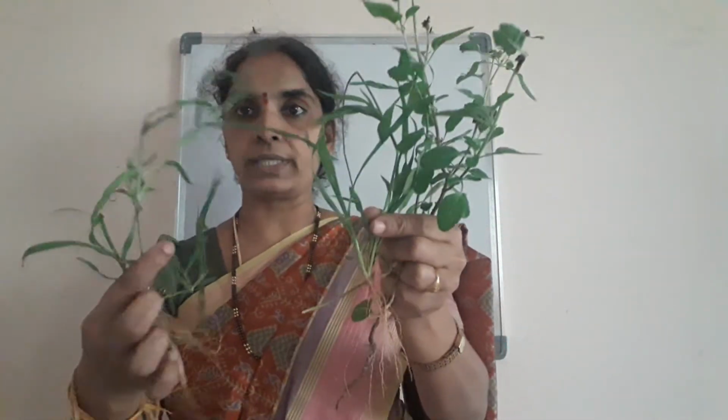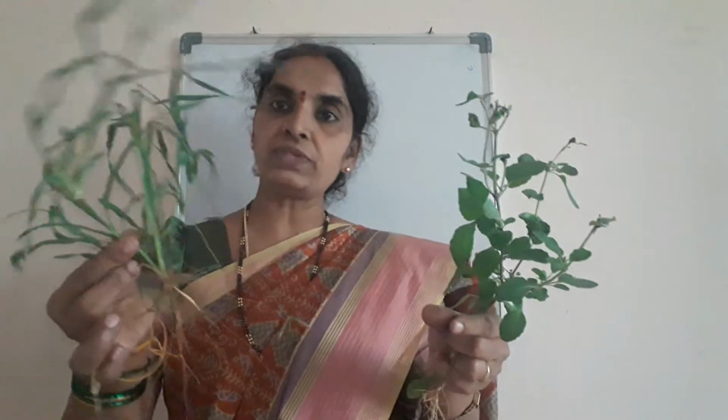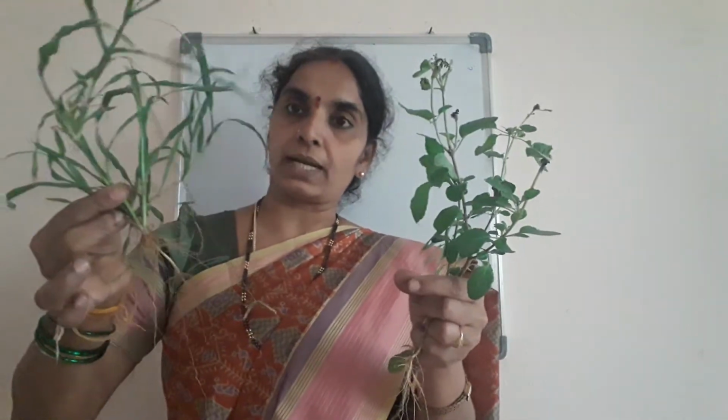See its root, how it is, and how the leaves are, from where the stem arises. How is the stem? You can easily identify and differentiate between the different plants here and the type of the leaves also. So you see this is a